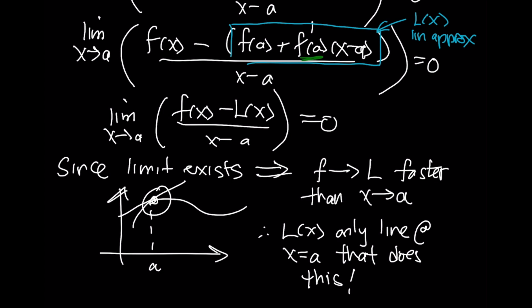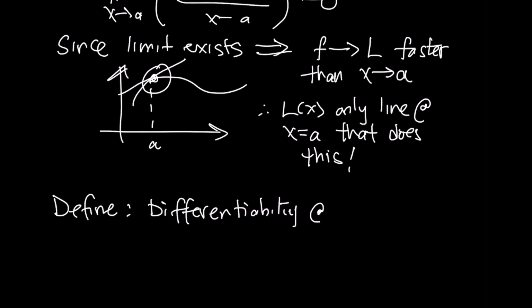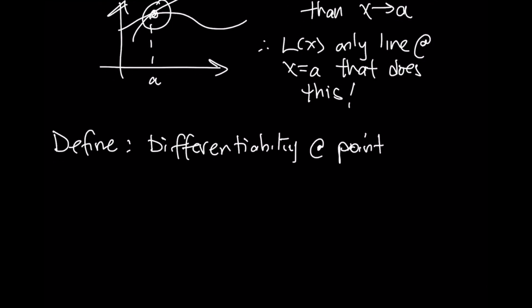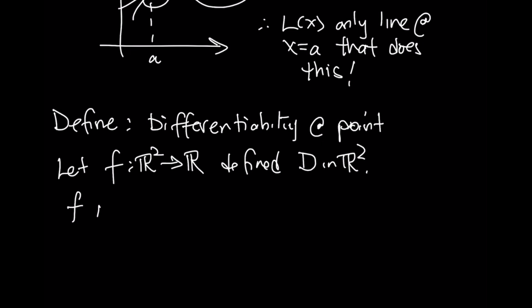And that result right there gives us the clue as to how we should generalize this derivative. So here's how we are going to define differentiability of a multivariable function. We're going to let our function be a function of two variables, and it's going to be defined on some set D in R2. We will say that this function f is differentiable at the point (a, b), which lives in that domain D,